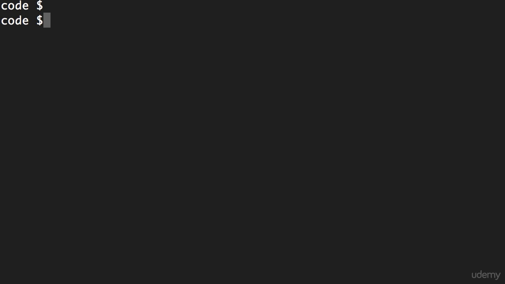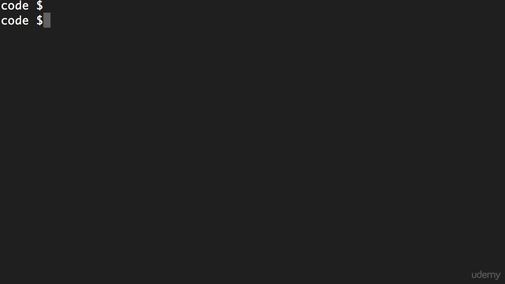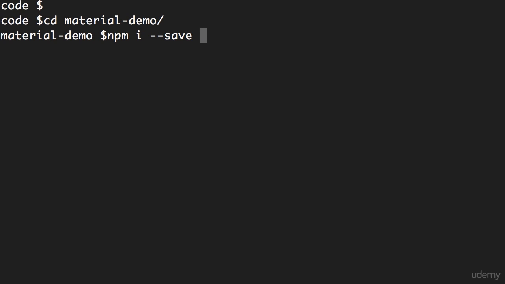First, in the terminal, just like the previous sections, I'm going to create a new project using Angular CLI. So ng new material-demo. All right, beautiful. Now let's go to this folder, material-demo. Here we need to install a couple of node packages. So npm install --save. The first one is